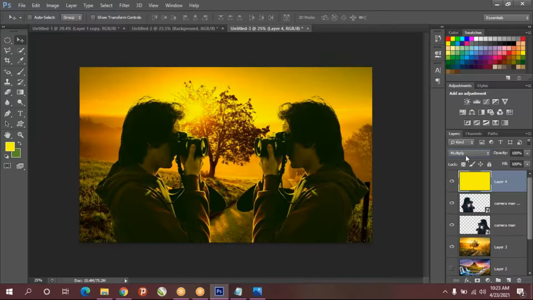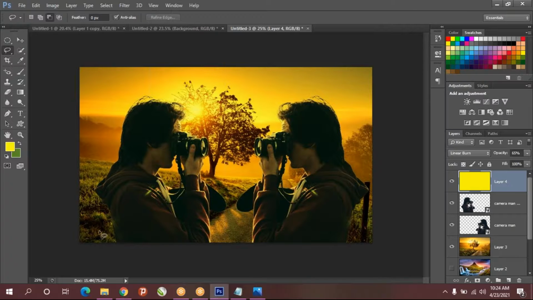Yes. I'll give linear burn only and reduce opacity a little bit, and I'll take eraser tool.